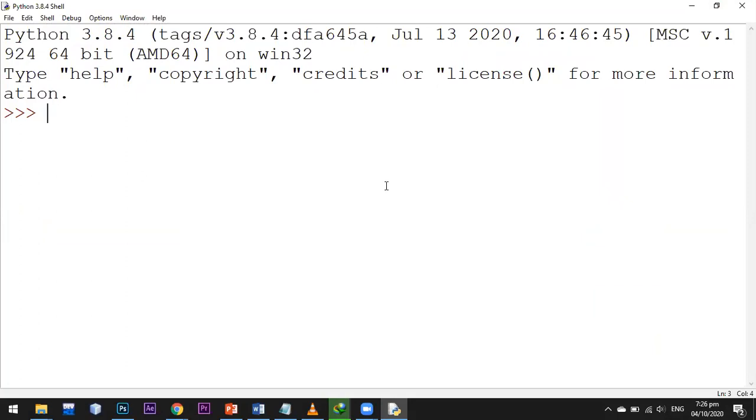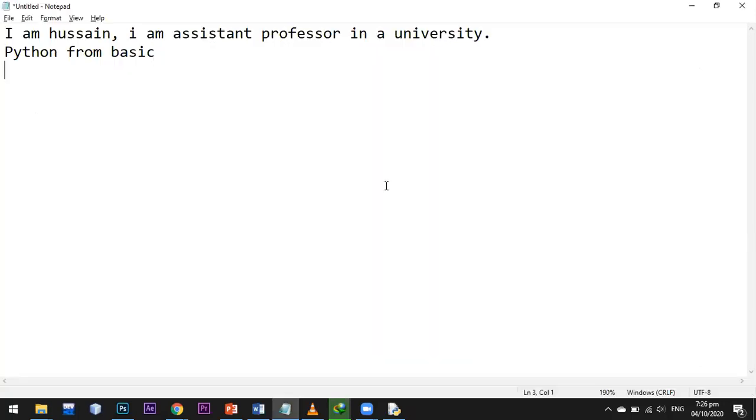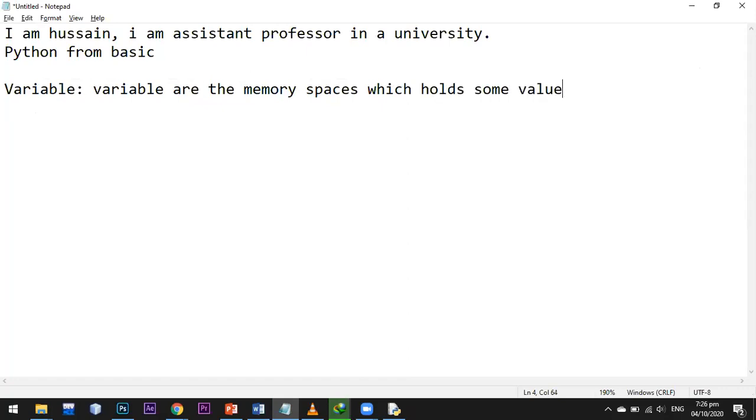So what is a variable? A variable is a memory space that holds some value.